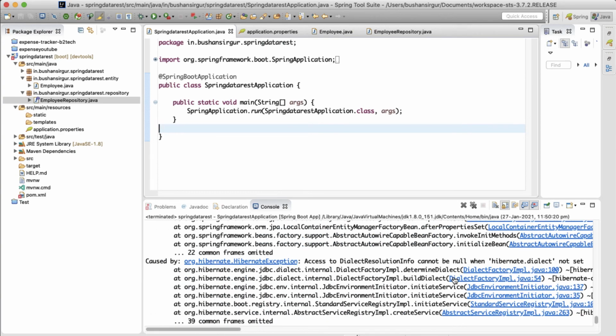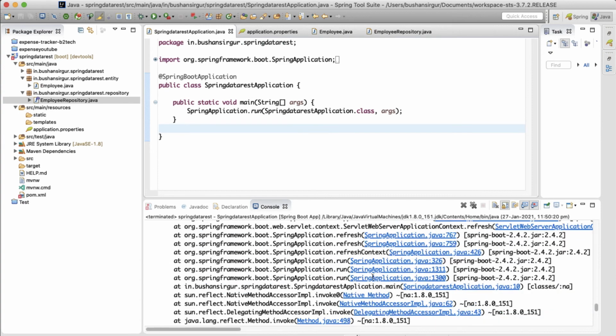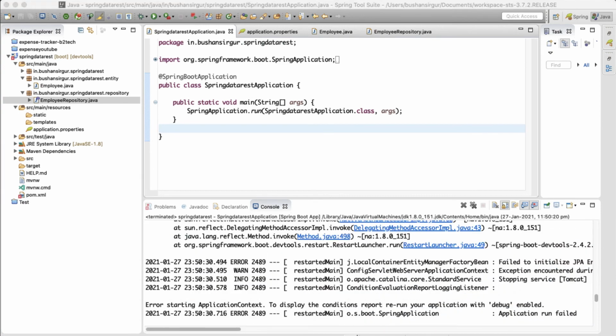Okay, we are getting an exception, which is Hibernate dialect not set. So let's actually set the Hibernate dialect. I have not set the Hibernate dialect.